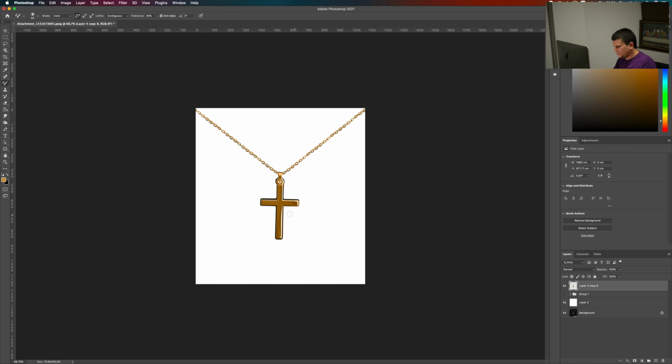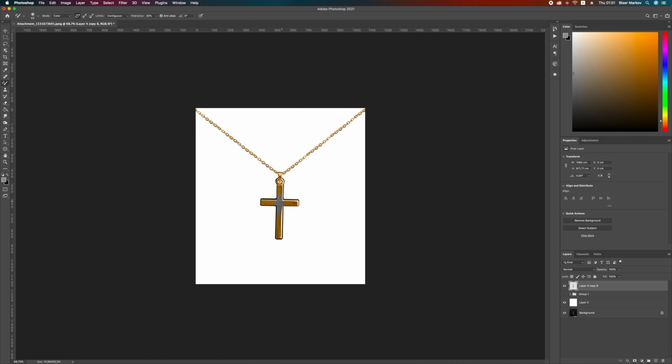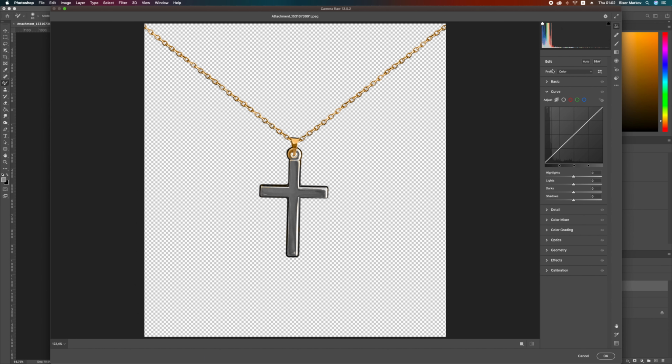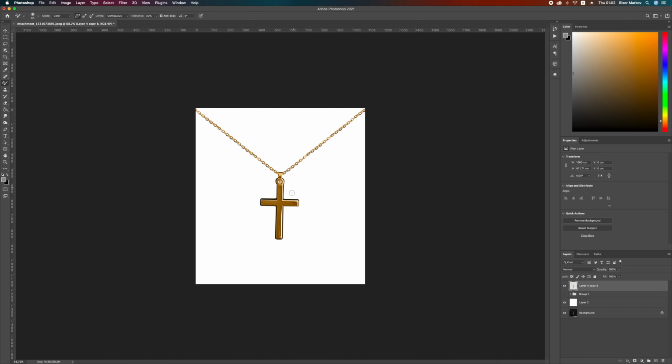Now if you want to make it silver, just select a lighter silver color and paint on it. Like this. And if you want to make it lighter, just go to Filter and then Camera Raw Filter and just play around with the basics, maybe the exposure, contrast, highlights, so that you get the silver that you want. But I like it more in gold.